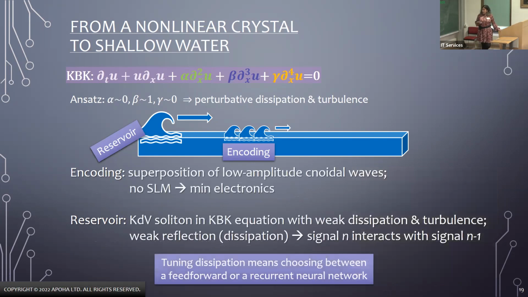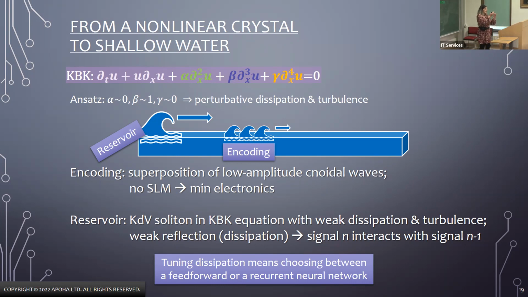So in a situation like this, what we can see compared to the optical system is that we don't need to use an SLM. An SLM is not a crazy expensive tool, but still it is not comparable to generators of acoustic waves. And so we have a minimization of the electronics in our system. And also, which is very interesting, and we are actually right now understanding how to tune these parameters, tuning the dissipation and the turbulence in our system means essentially tuning how much